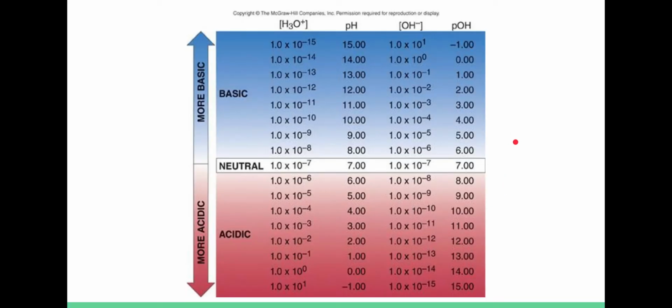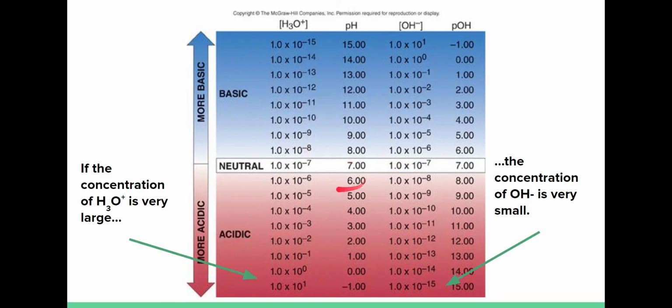This is the pH scale. Typically, acids are represented by the color red, bases are represented by the color blue. You can see that the reason why the pH scale is so useful is it goes by tens in terms of acidity and alkalinity. One thing to note is that when something is very, very acidic and it has a